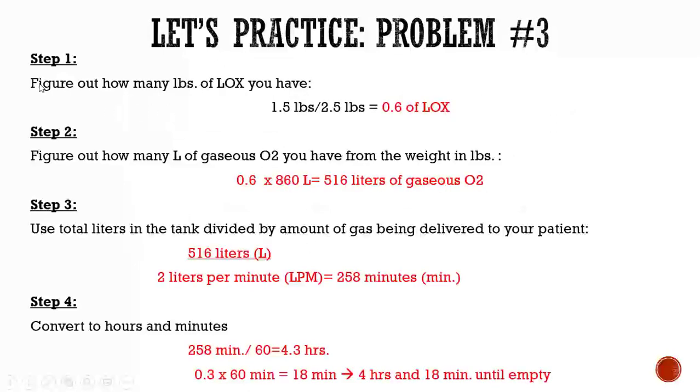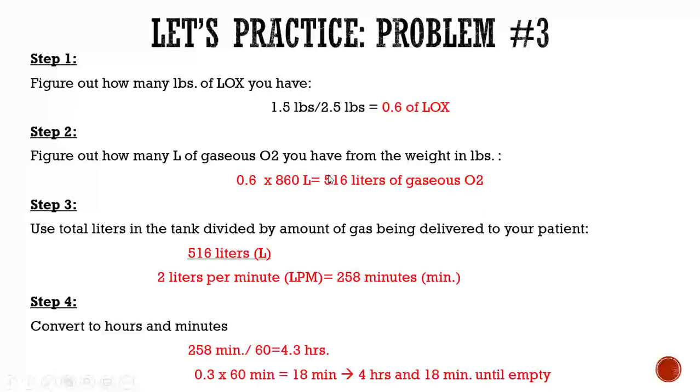So for step one, you're going to figure out how many pounds of liquid oxygen you have. So they said that if it's full, it's 1.5. So you take 1.5 pounds divided by the 2.5 pounds you know that make up a liter. That gives you 0.6 liters of liquid oxygen, right? So now you're going to figure out how many liters of gaseous oxygen you have from this. So you take the 0.6 liters that you have here times 860 liters, which gives you 516 liters of gaseous